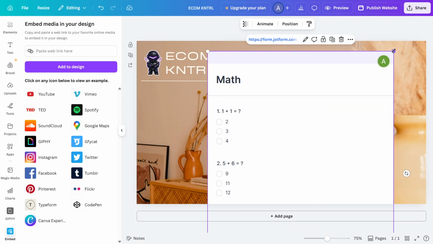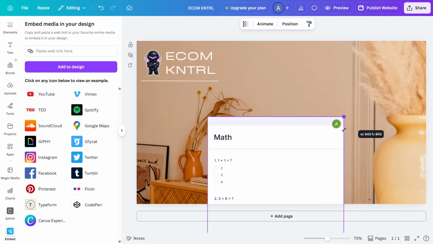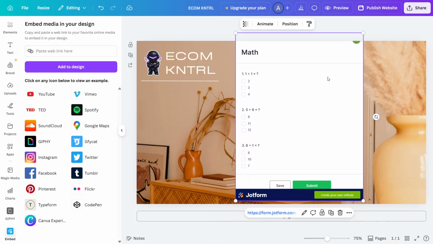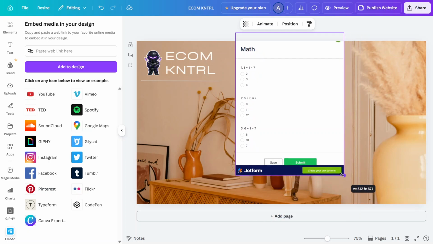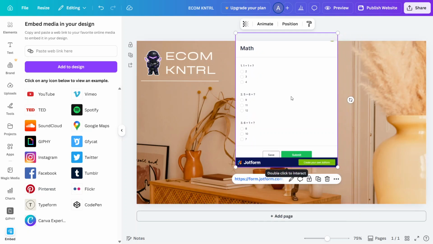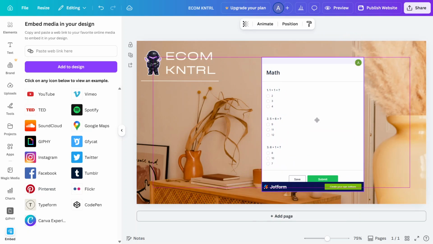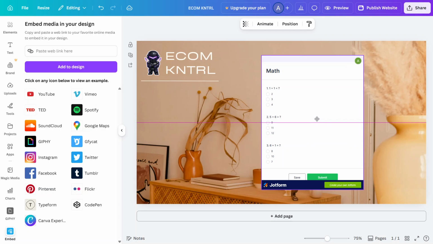Once the form appears, you might notice that it's either too large or too small for your layout. You can adjust the size just like any other element in Canva. Click on the embedded form and then drag the corners or edges to resize it until it fits nicely within your design. You can also move it around the page to place it exactly where you want visitors to see